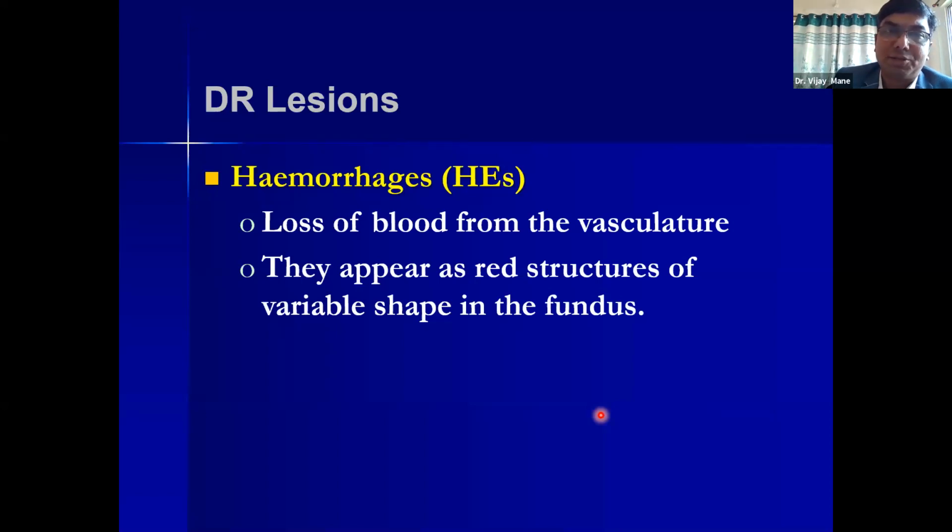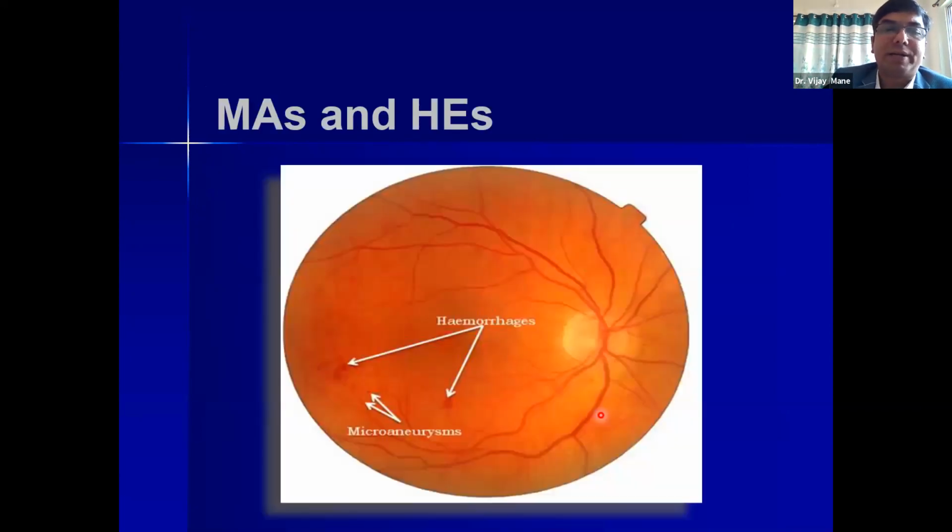So these two lesions are nothing but these features. These are called microaneurysms and hemorrhages. So in medical terms, they are called red lesions because they are related to blood, and the others are white lesions. So if we see typically in this fundus image, then we can see very small